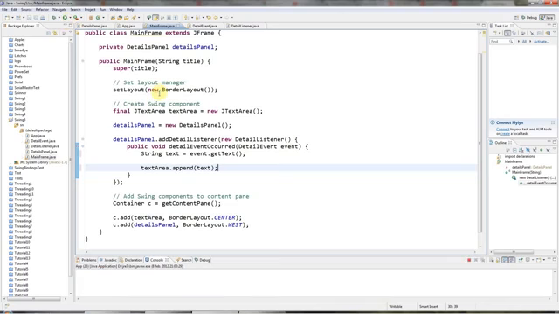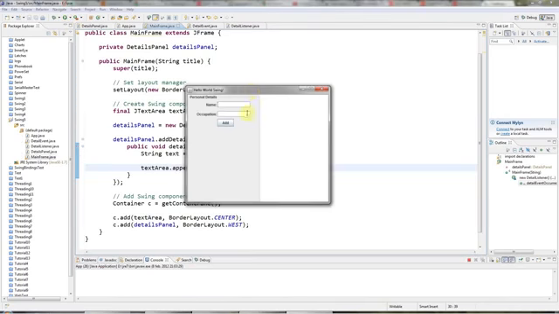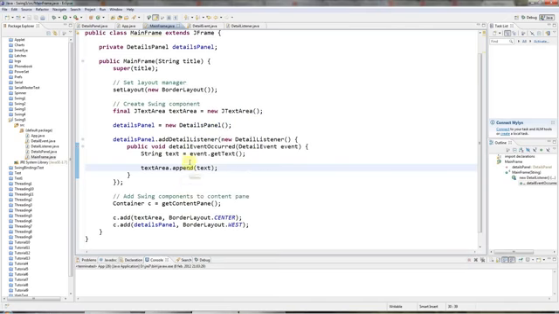And now if I run this, I can say, okay, my name's John. I teach people software development, software trainer. And if I click add, it's going to appear here in my text area. So that's event handling in Swing apps, and that's basically how you should always connect up your components. You should always have